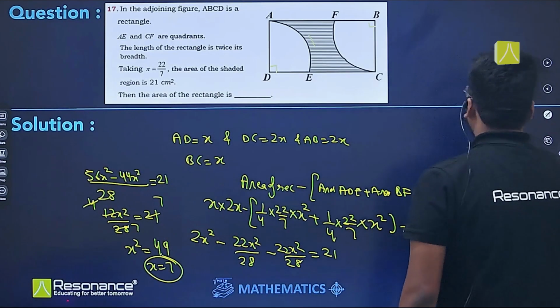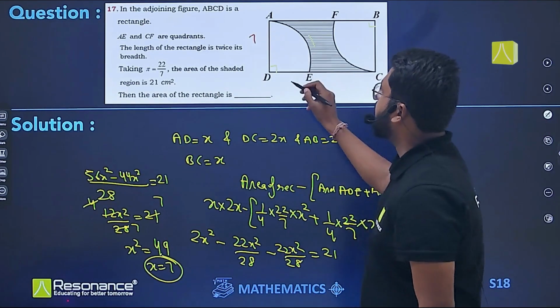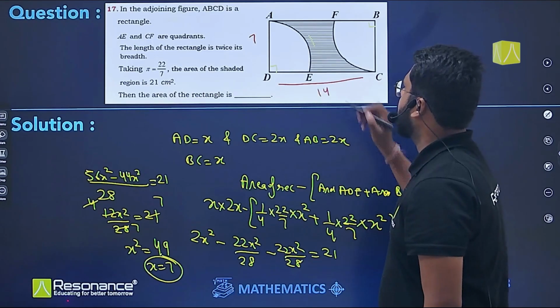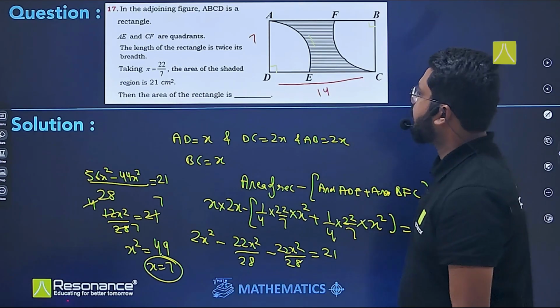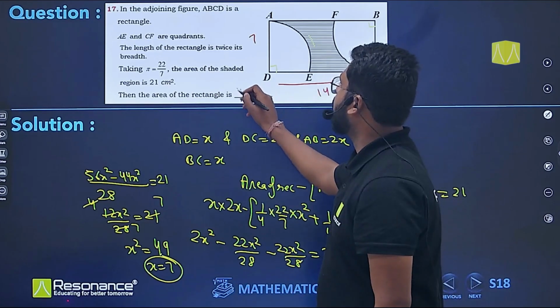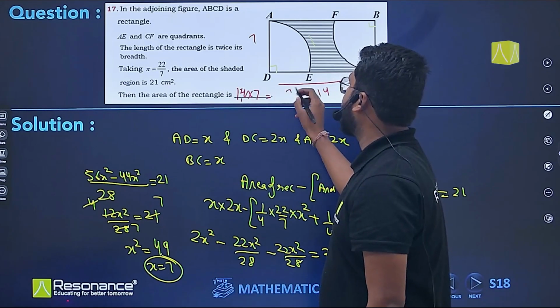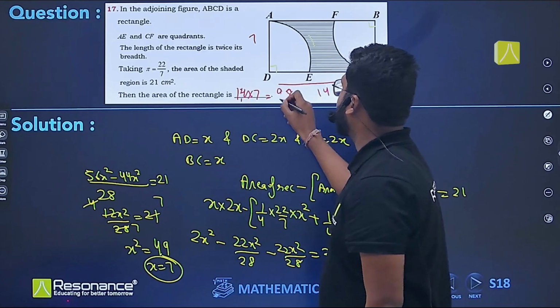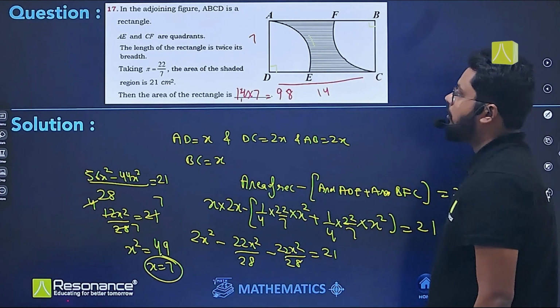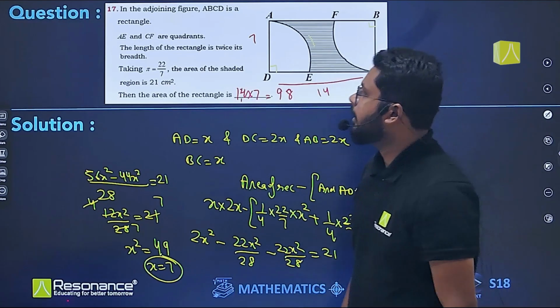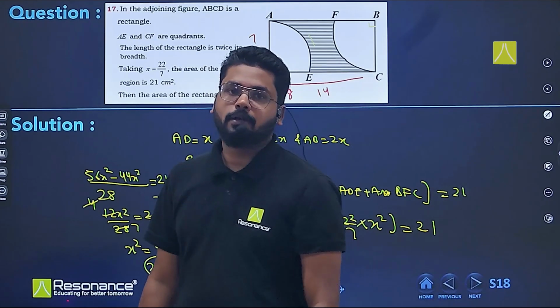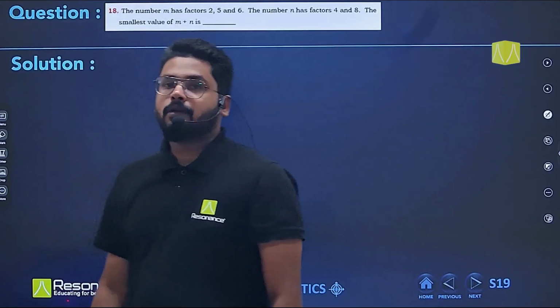So the side of the rectangle will be, if this is 7, then this is 14, twice the length. So the area of the rectangle will be 14 into 7. And 14 into 7 is 98. So the total area of the rectangle is 98 centimeters square. Okay. Now the next question is,